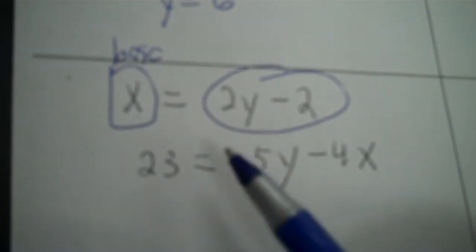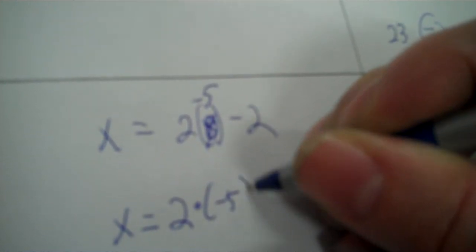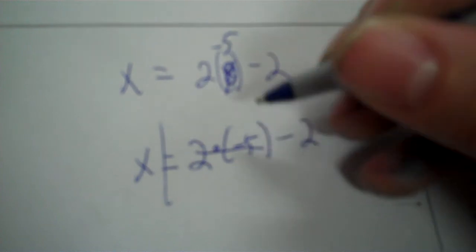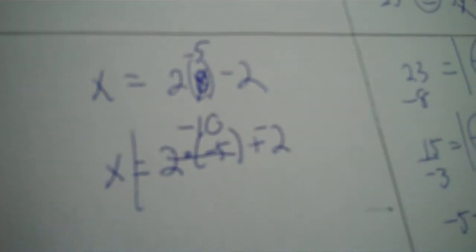Now solve for your x. X equals 2y minus 2. Because y is gone, I can replace that with negative 5. You see how I'm doing that? So 2 times negative 5 minus 2. Okay, so you times first. Remember, the number outside the parentheses is times. That's negative 10. Minus 2 you can rewrite as plus negative 2 if you want, but either way the answer is negative